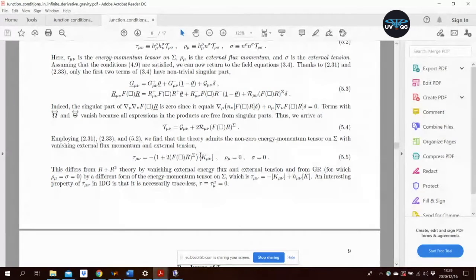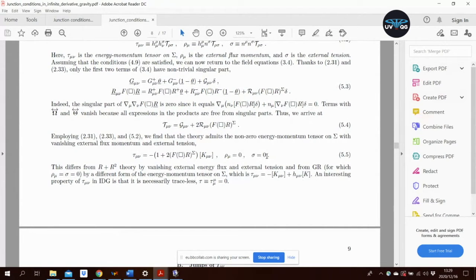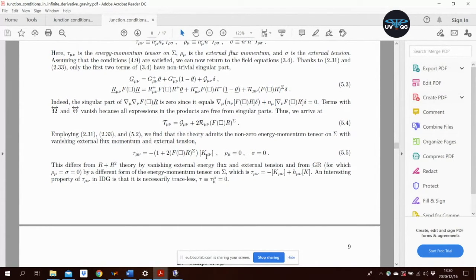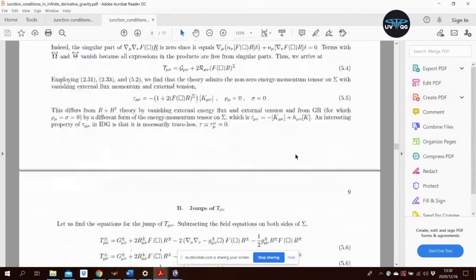That is something that does not happen in general relativity. Because as we know, one of the junction conditions is that the jump of the trace of the second fundamental form is 0. Then you cannot have external flux, and you cannot have this. It is also called external tension. So we thought about these conditions, and actually this has very quick implications for brane-world models, because basically in brane-world models,